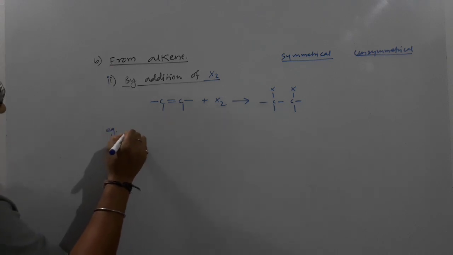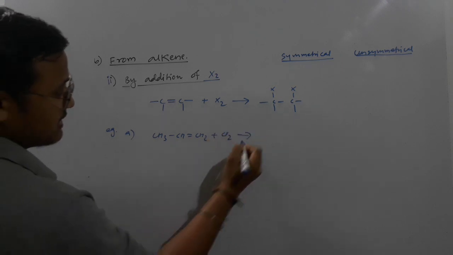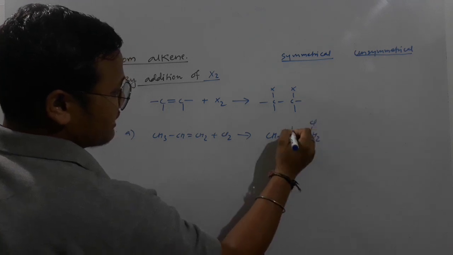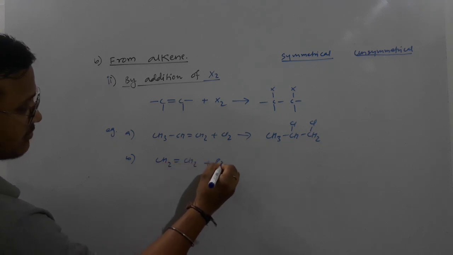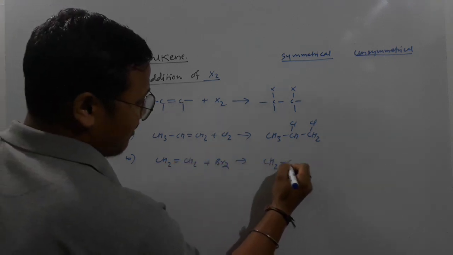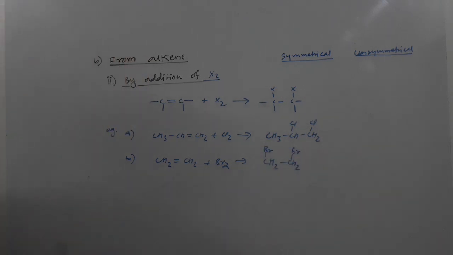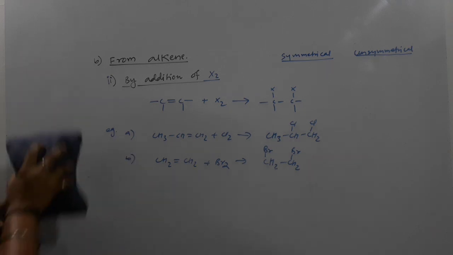So look at an example of this, consider this one. In this case, whether it is a symmetrical alkene or an unsymmetrical alkene, it doesn't matter, okay? In both cases, it follows the same rule. We just have to break the double bond and add the halogen. This is the simplest way, starting from whatever alkene compound. I hope you guys were able to understand these things. Okay, now this is the second preparation method which we are talking about.